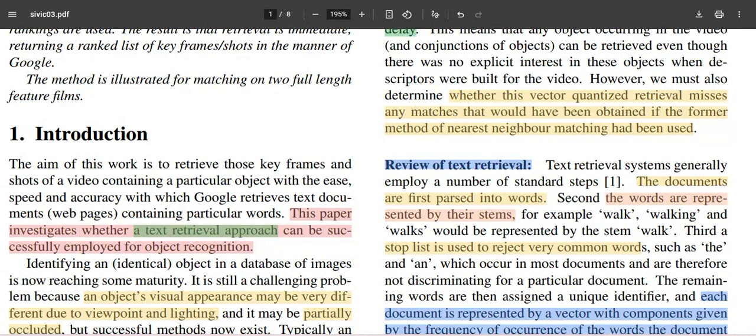So, what is a text retrieval approach? We have a library of documents. Given a query sentence or some group of words, we want to see which of the documents this group of words closely belongs to. This is a general information retrieval or text retrieval problem. The documents are first parsed into words, then some of the keywords are identified,